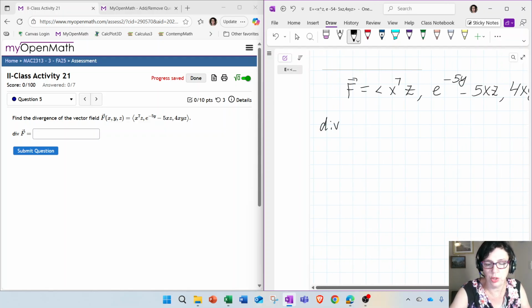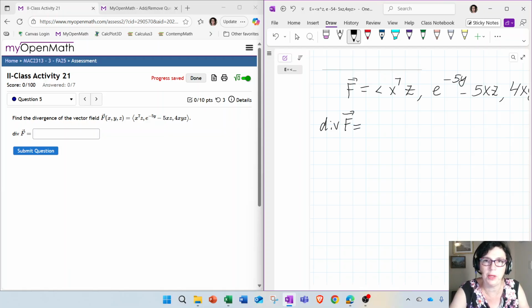So one thing that you need to remember is that divergence is not a vector. It is actually going to be a scalar quantity. But in this case, it's also going to depend on x, y, and z because we got variables here. But generally speaking, it's not a vector. Okay, so don't put any vector brackets or commas or ijk's, nothing like that.